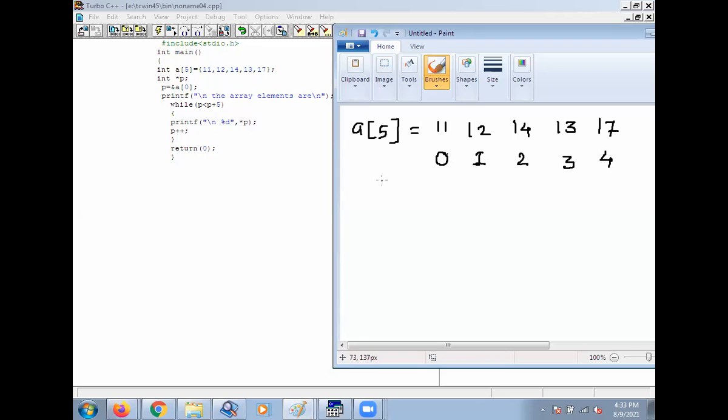Suppose this is the array index, and suppose memory address 100 is the memory address of the 0th element.